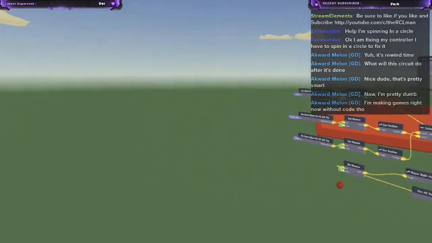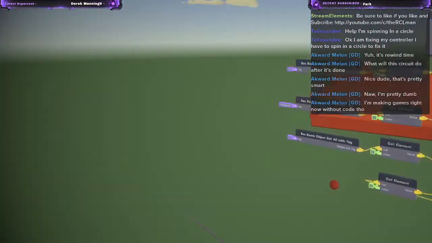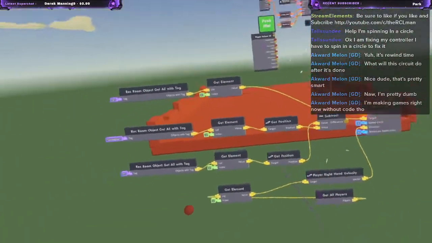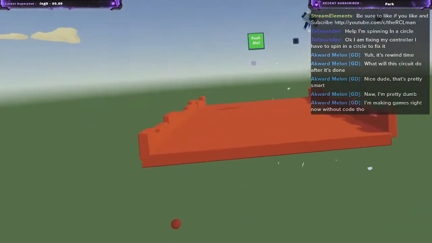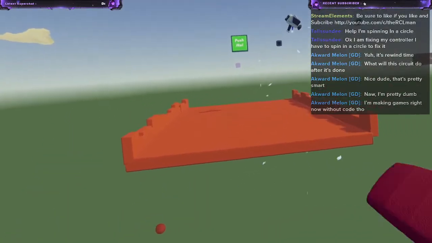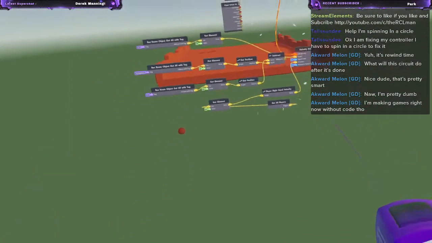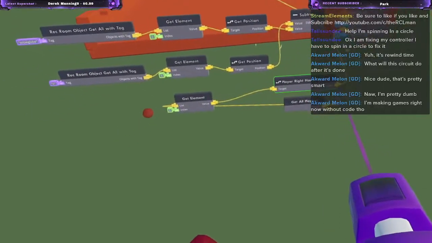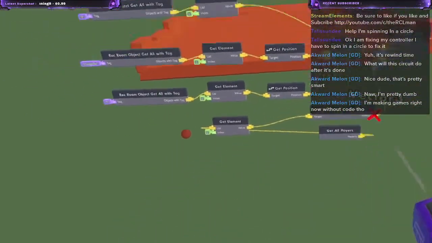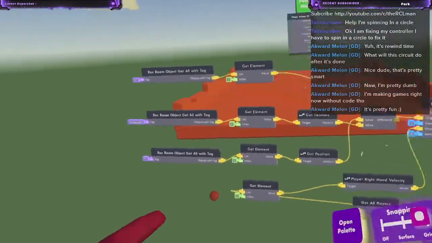Well, that's always fun. Why is it not following my hand? Maybe it's because I have Maker Pen in my right hand. It should follow my right hand, but it's not working. But I'm assuming it's definitely getting